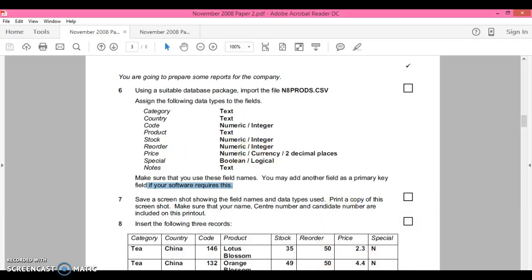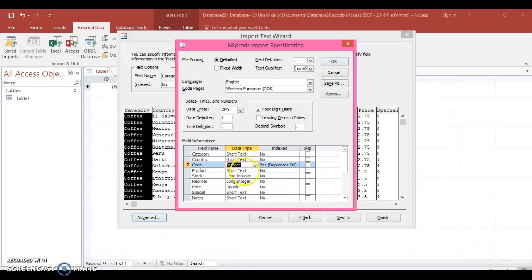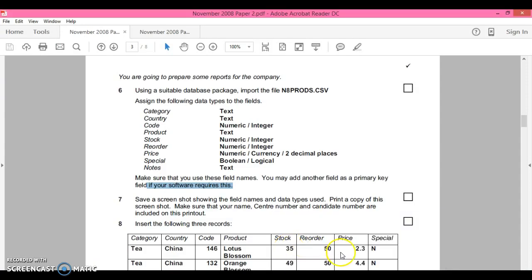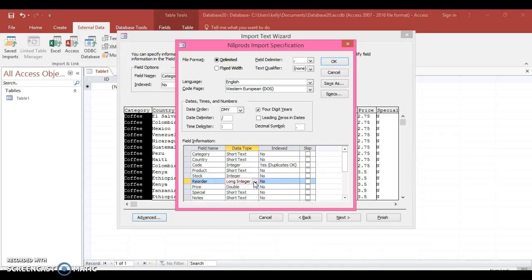So product is, so I've forgotten already. I do need to keep checking. Yeah, text, next stock and reorder, a numeric integer. There we go. So here we go. Stock, simply select integer and integer. Now the price is currency, as we know, to 2 decimal places. So currency, there we go, and